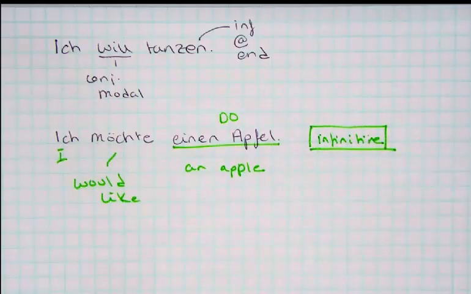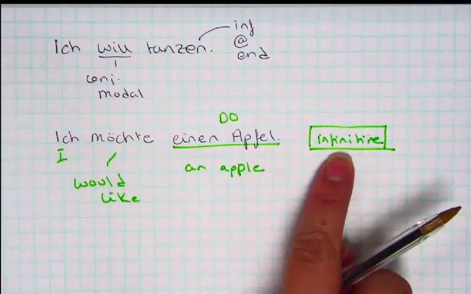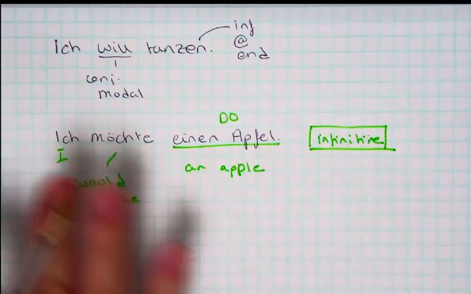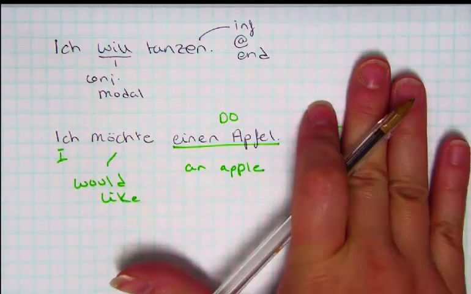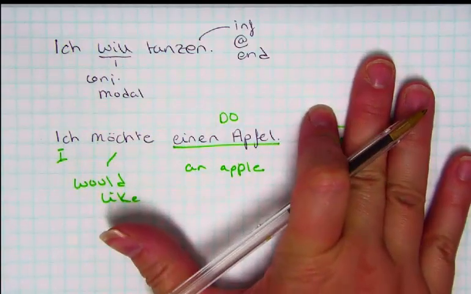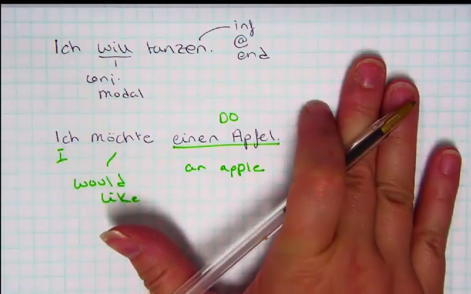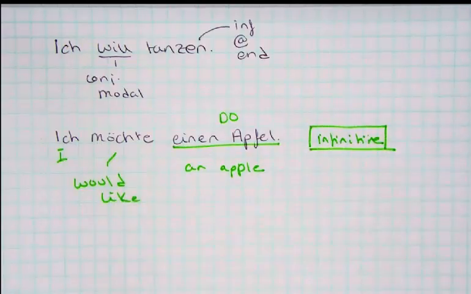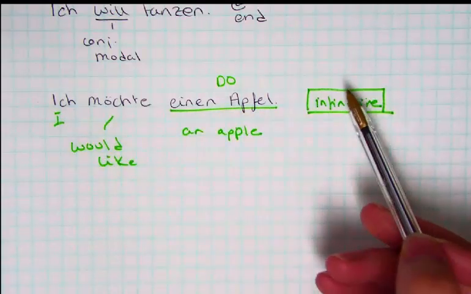And it's missing. What would you like the apple for, right? You probably want it because you're going to eat the apple. Or maybe you're telling a store person you would like to buy an apple. Whatever the context is, this by itself, without that infinitive, makes sense. So we often go ahead and just omit that infinitive at the end. So just pay attention to the meaning of the sentence, and sometimes we omit it.